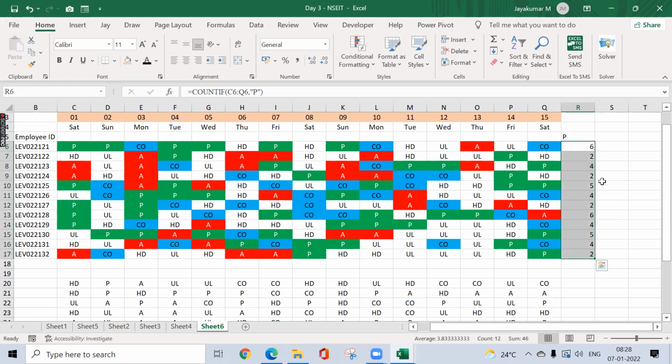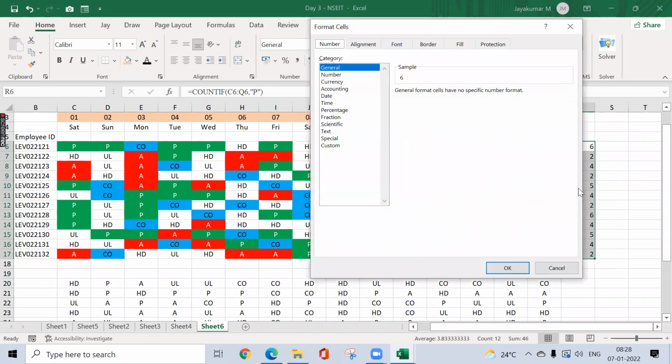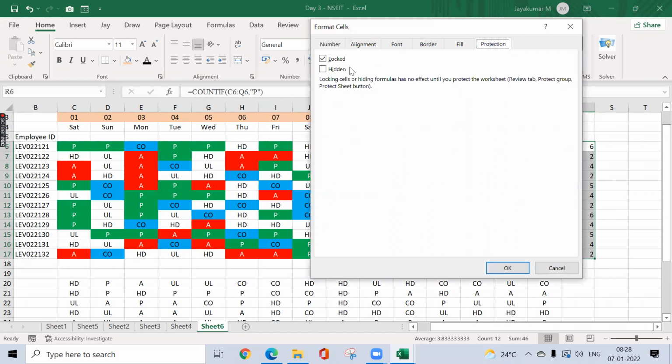I want that no one deletes it, or you want to hide it. You can do either one option by locking the cells here with some password, that is one, or you want to protect the sheet, that is the second option, or you can hide the formulas here. You can hide a formula with the help of locking it. When I press Ctrl+1, we have a Protection tab, in which go for this Hidden option only for the selected cells, and then you want the Locked option to be removed. Hidden option, click OK,